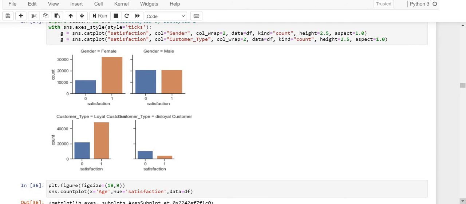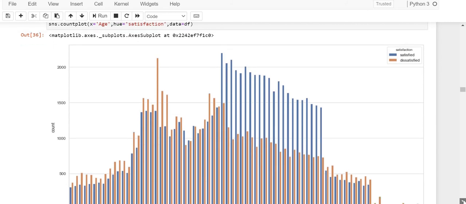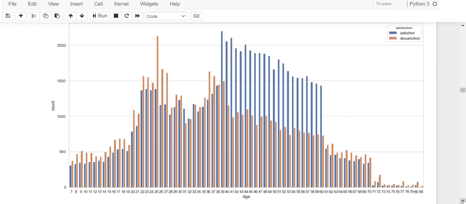We will now see the satisfaction rate with respect to age. We can see the customers traveling on flights are starting from the age group 7 till 85 years in this data set that I have chosen. Now, age group from 39 to 60 shows most satisfaction rate here, and people belonging to the age group 7 to 37 are mostly dissatisfied. We can see the dissatisfaction graph rising higher than the satisfaction rate.